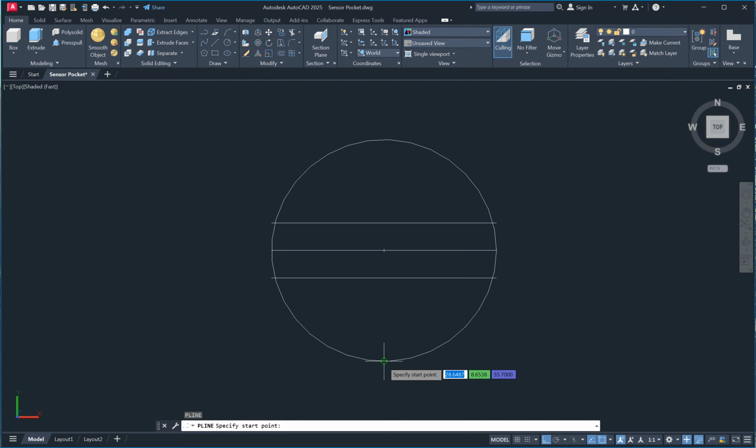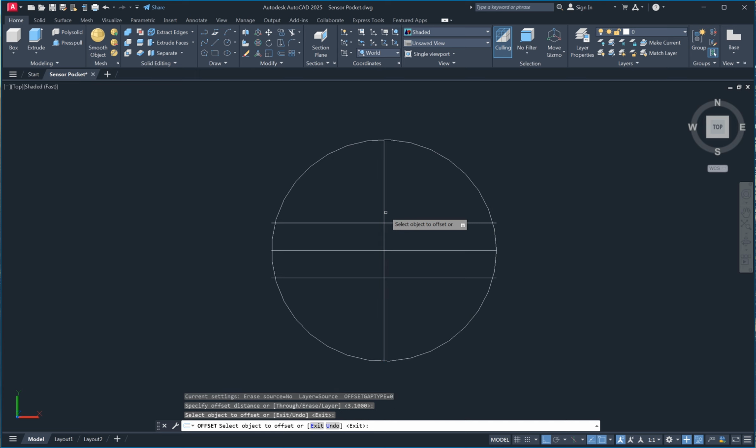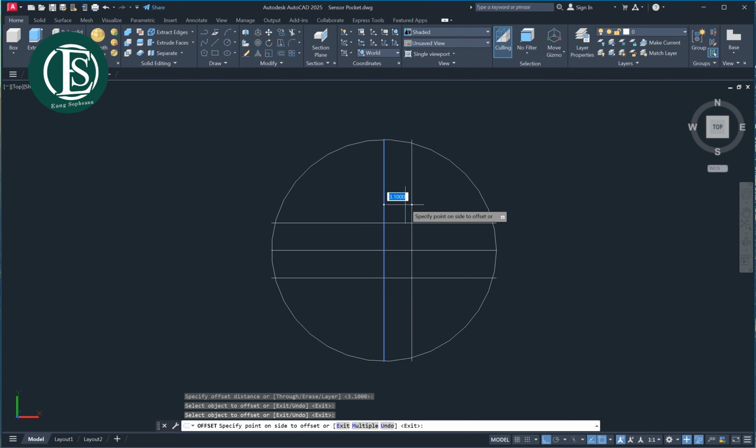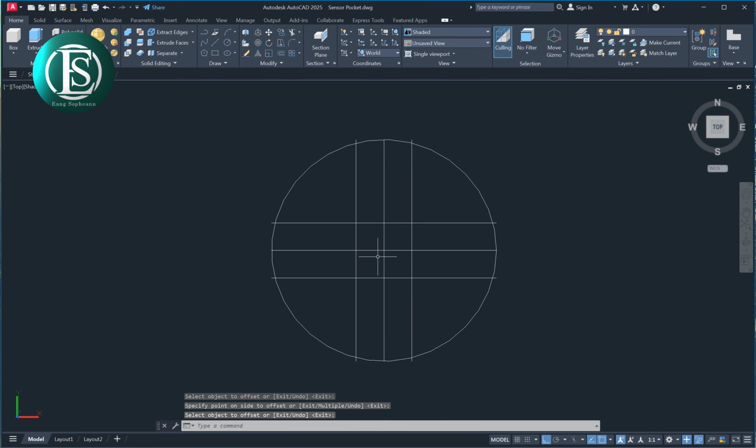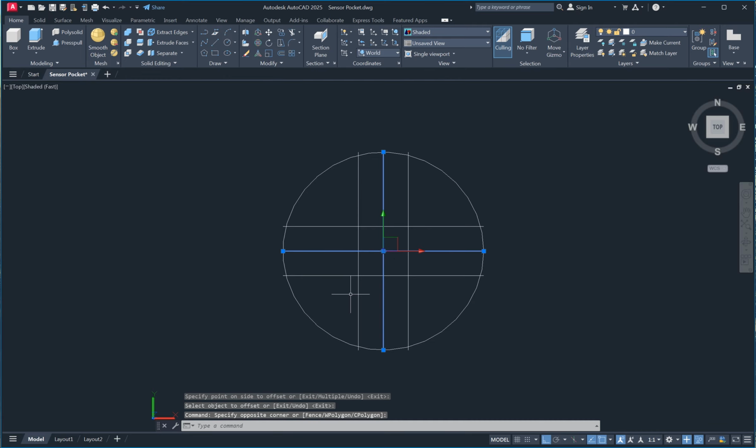And then here the same, offset, enter, 3.1, enter. Yeah. And then erase these two objects